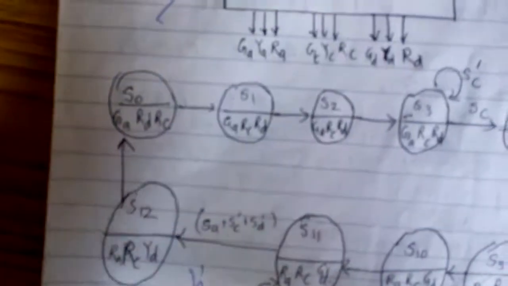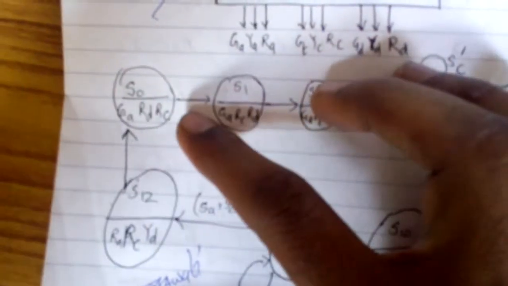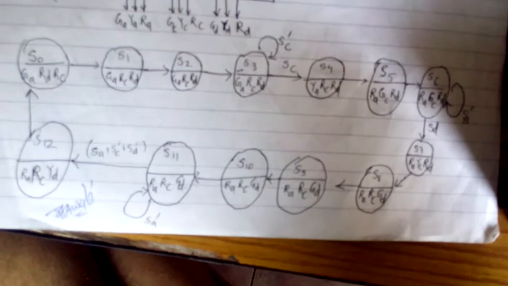In the state diagram, the first condition is GA, RD and RC. This should be on, and it is called state 0. So we have GA on, RA is off, and RC and RD are on. As per this, we are going to verify the state diagram. Okay. So the next clock pulse, as the clock pulse will go,